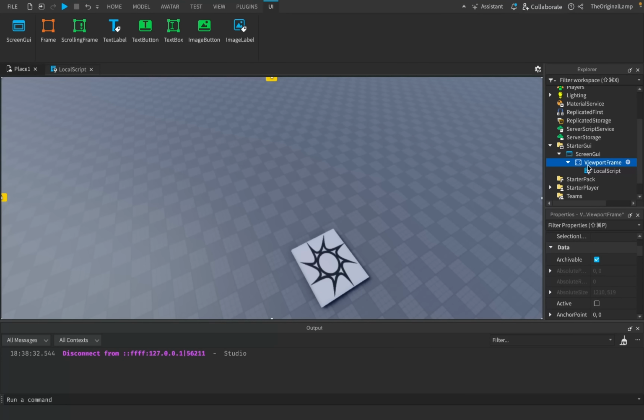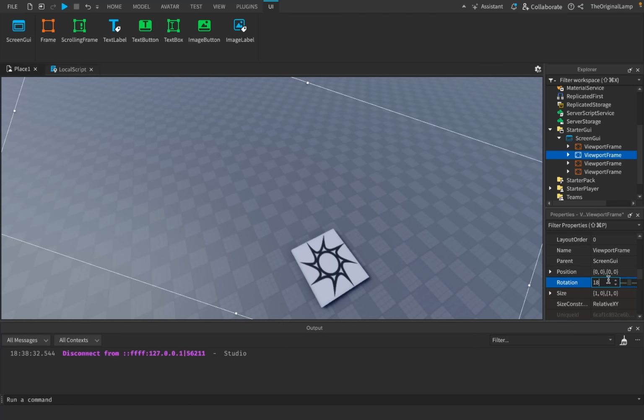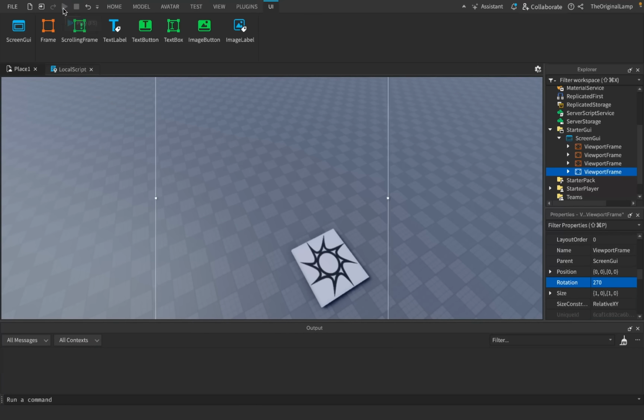And then I'm going to take the viewport frame and duplicate it 3 times. I'm going to set this viewport frame's rotation to be 180. I'm going to set this one to be 90. And I'm going to set this one to be 270. And if I happen to go play the game right now,